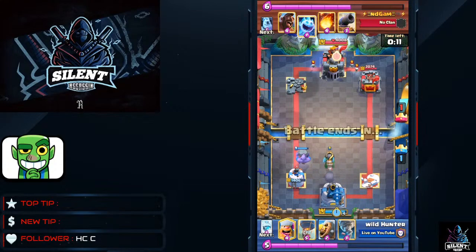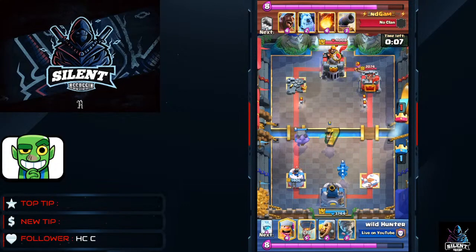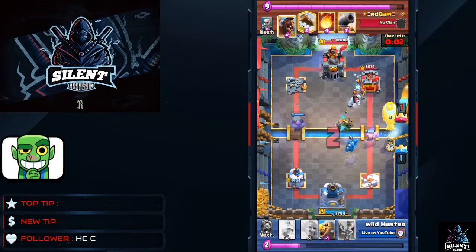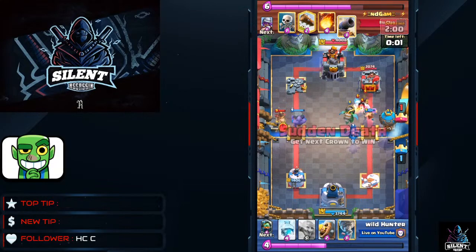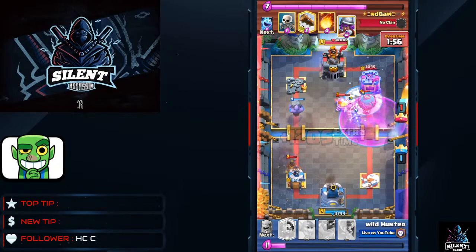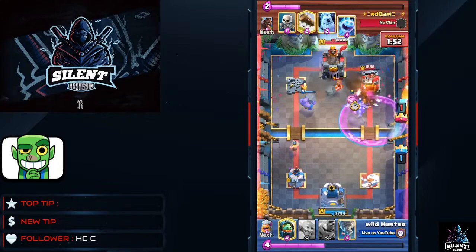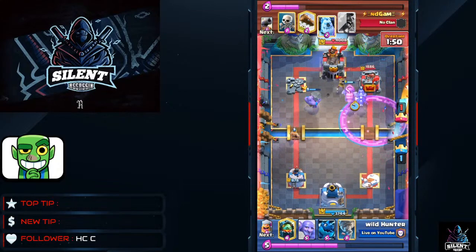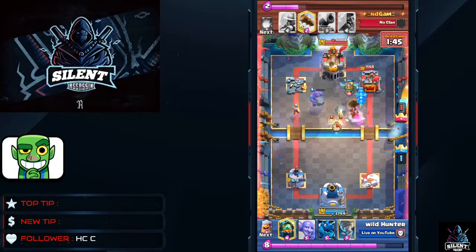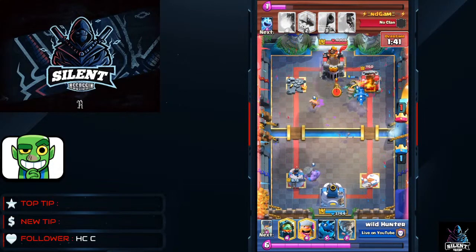So he cycled his skeletons in the back and then Muskie in the back, just because he knew I'm going in with my Lumberjack Loon, and he was just trying to use his Muskie for that. And I think I went with my freeze, maybe. Alright, so I had to go with my Barbell there because I didn't have enough elixir for Nado there. But alright, so my E-Drag is getting really good value there, and that